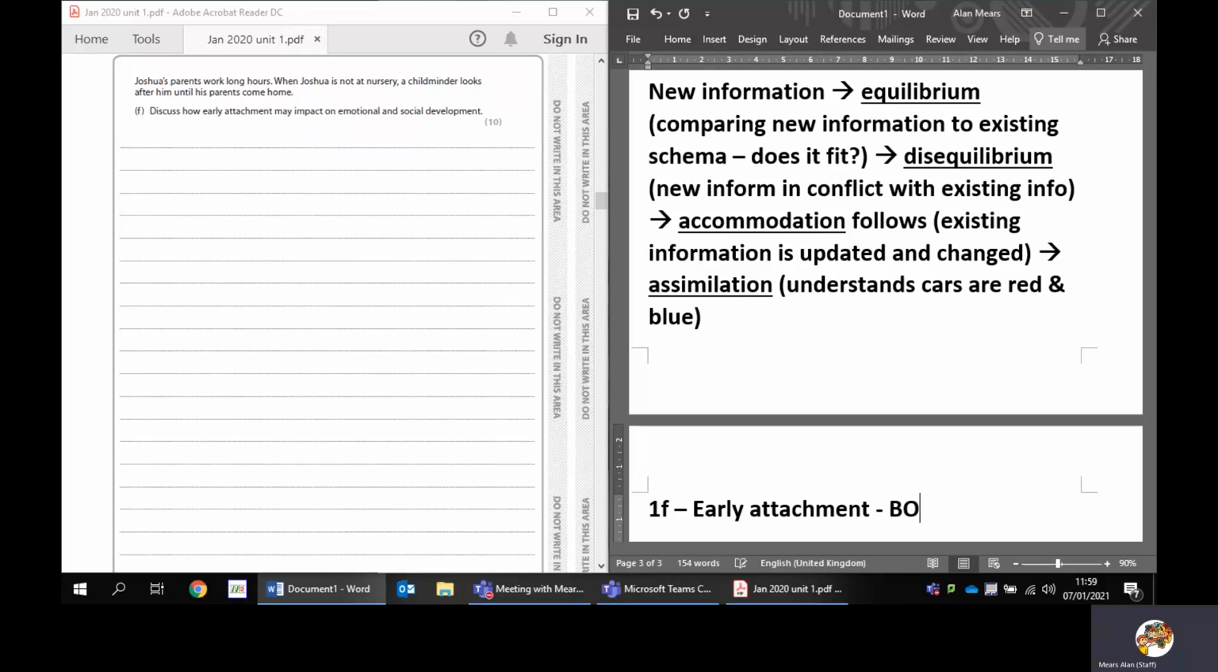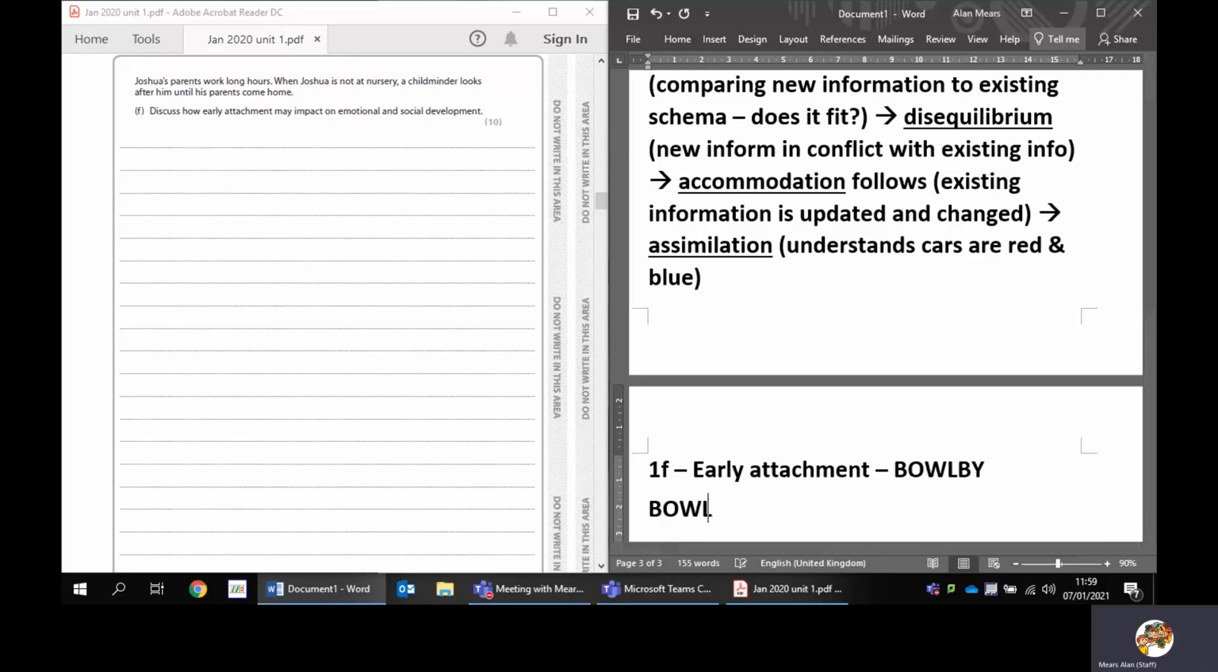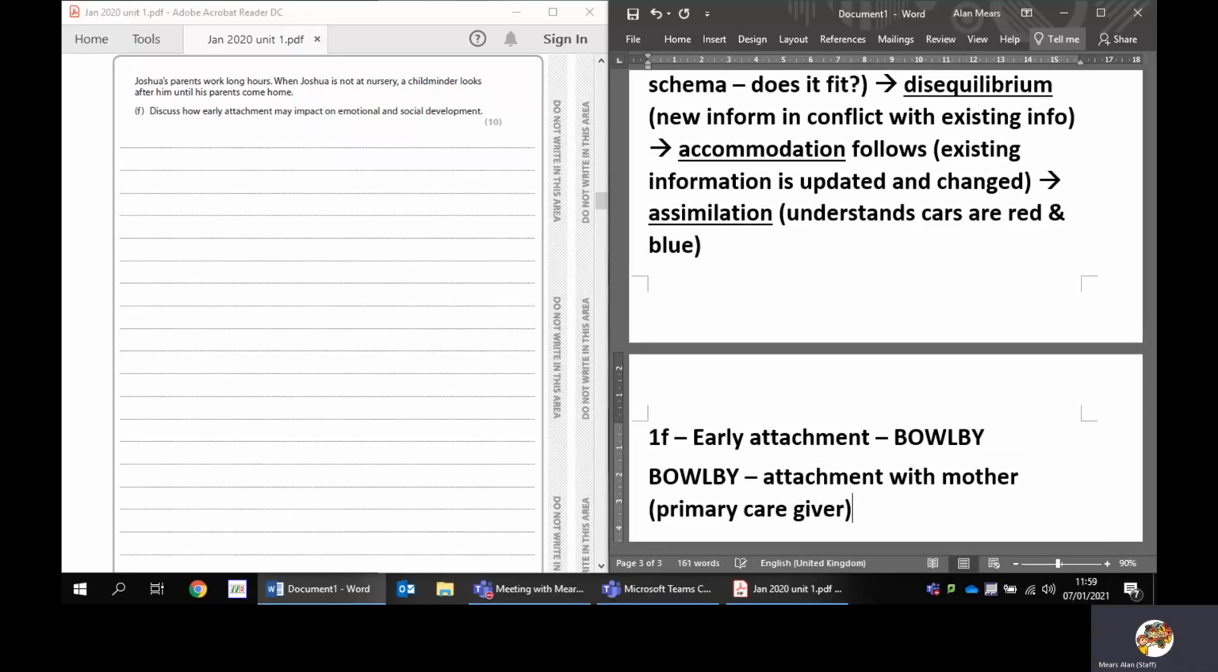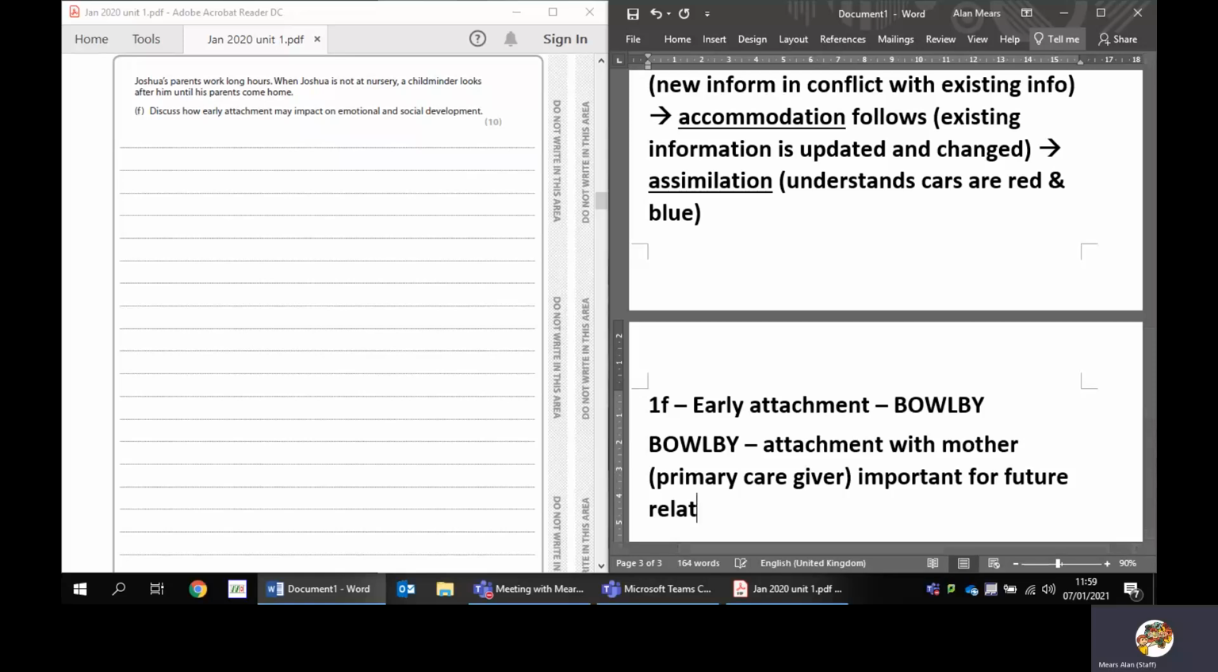Key thing of this is Bowlby. So we want to make sure we're talking about Bowlby and his theory. Bowlby's theory, which I've talked about before, is about attachment with mother, essentially, his main one, the primary caregiver. That was who he focused on, and how that is important for future relationships, attachments, resilience,